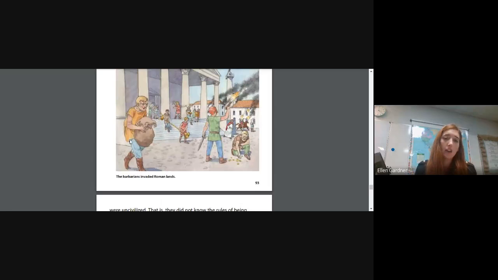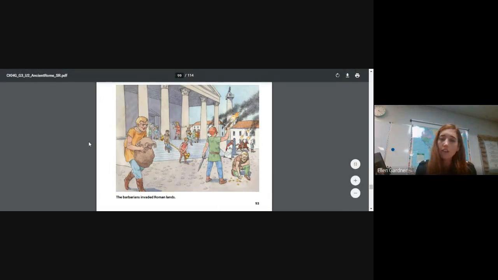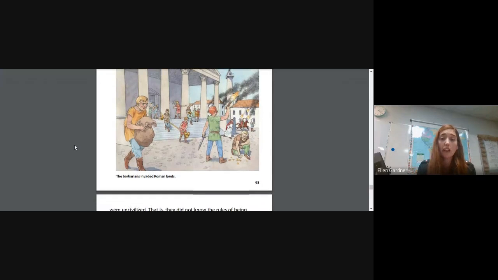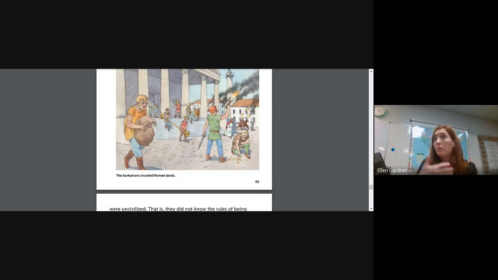So very sad. This should never have to happen, that there are just these uncivilized people breaking in and the army wasn't able to protect the cities because a lot of the soldiers were corrupt or they were fighting against other Romans because there's a civil war happening. And a lot of that has to do with the emperors being corrupt as well, because they're just worried about power. They're not worried about protecting their people.